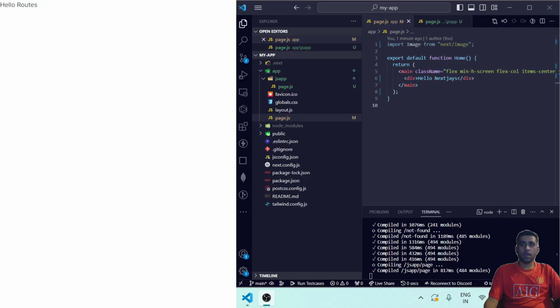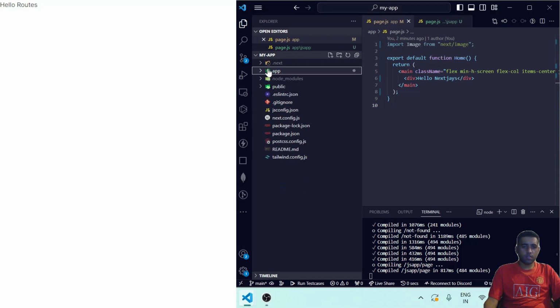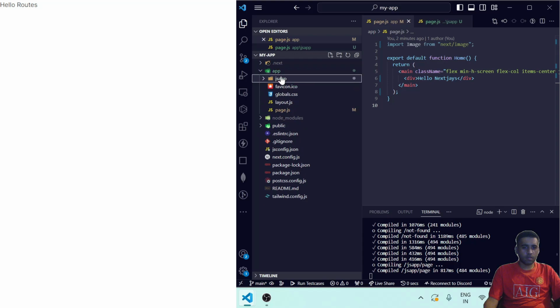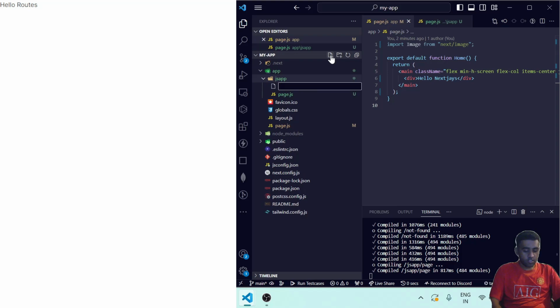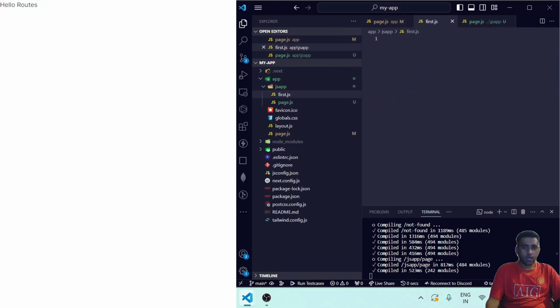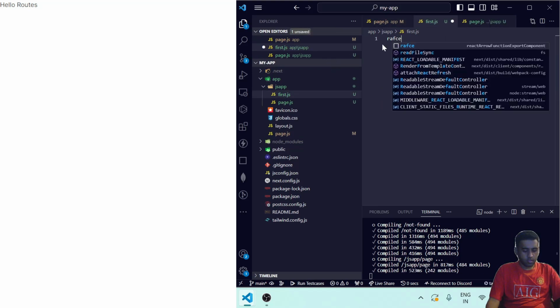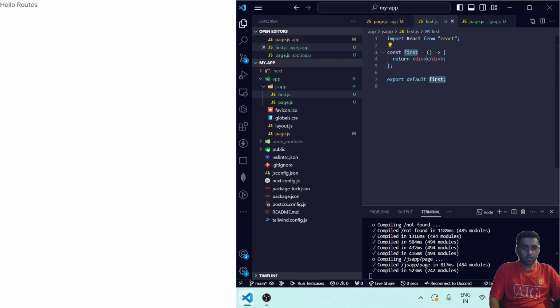So welcome back, and now we'll see how we can perform nested routing. So let's go into this app folder. Let's open this app, and we can see there is JS app. So if we create something like root for a JS app, first.js, and I do rafc, hello